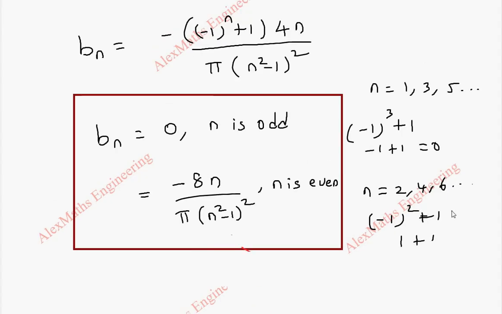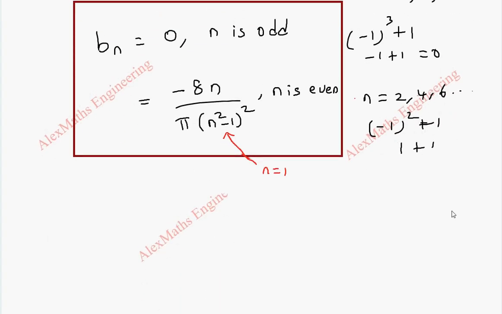Since the denominator is n square minus 1, when n is 1, the denominator becomes 0 and Bn does not exist. So this term is applicable when n is not equal to 1. So I have to find B1 separately, since the value does not exist when n is 1. So I have to find B1 separately using the similar formula, 2 by pi integral 0 to pi f of